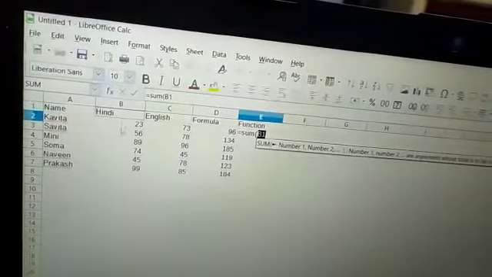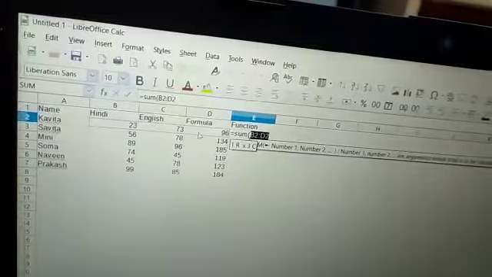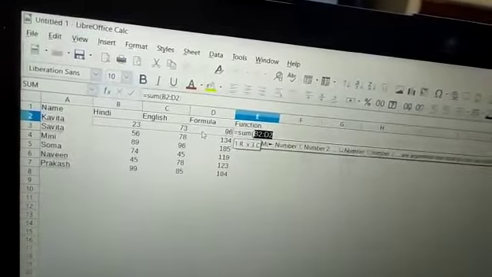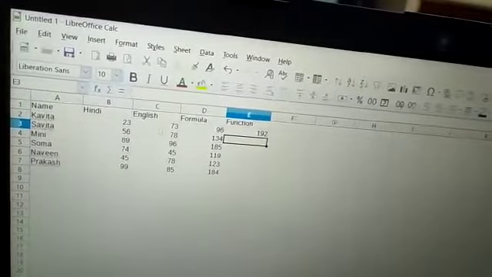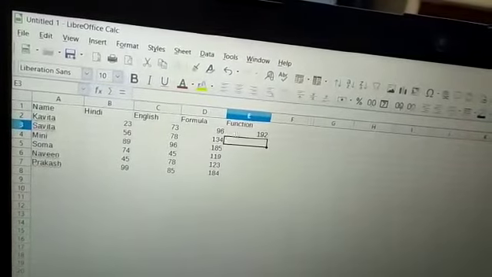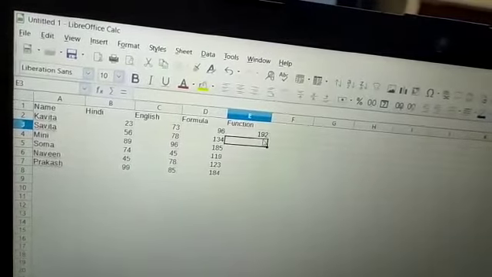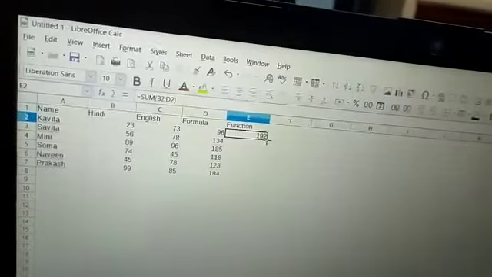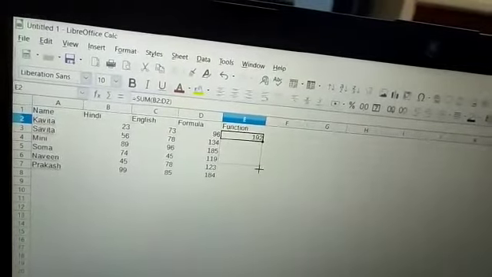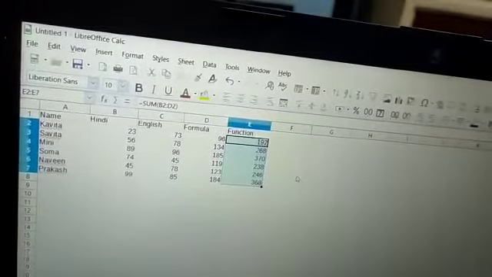Suppose I want to choose from here up to here. Now close the bracket and then press the enter key. It will show the sum of all Hindi, English, and formula, meaning B, C and D. Here it will show the total, and we can also drag this to calculate the sum of all like this.